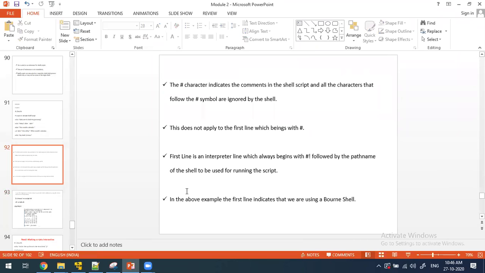I repeat once again, the hash character: if you see it in any line, the text to the right of it will be treated as a comment and ignored by the shell. But the hash in the first line does not apply. The first line is an interpreter line, which always begins with hash exclamation mark, followed by the path name of the shell to be used for running the script.